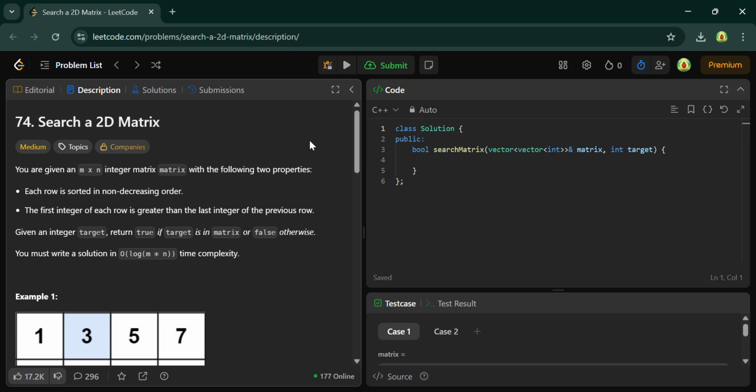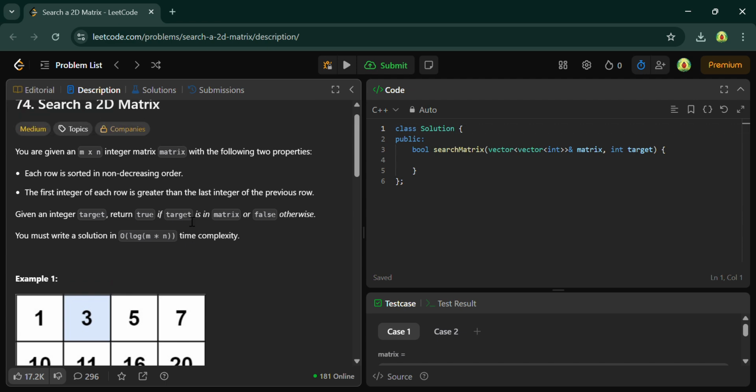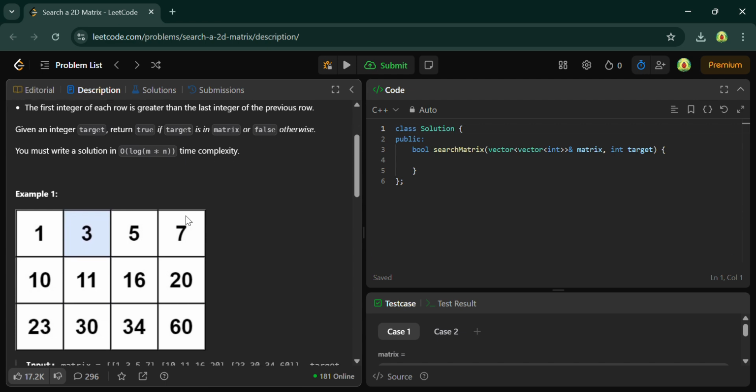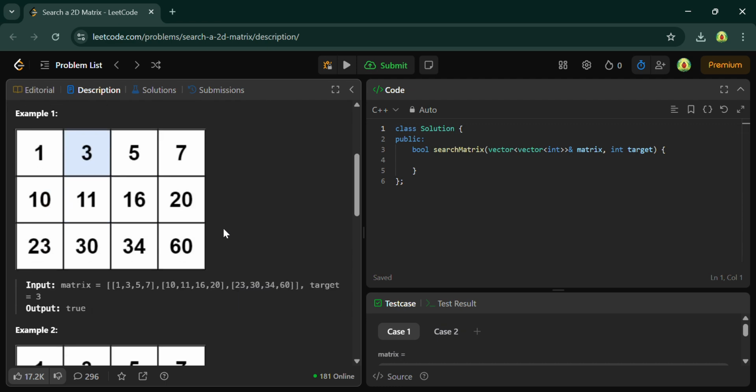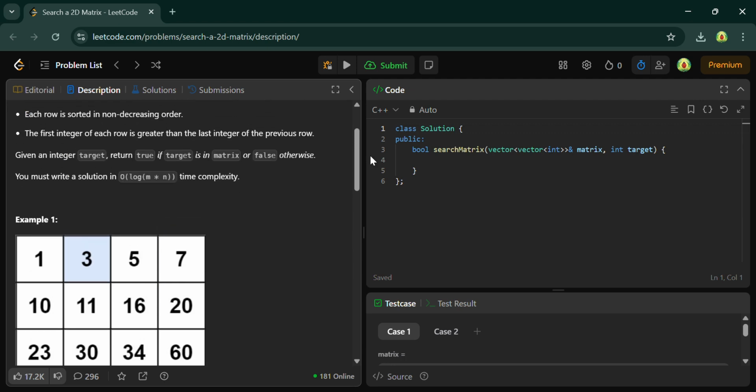Today we will solve one more question in LeetCode, which is LeetCode 74, Search a 2D Matrix. There is a given matrix and a target value. You just have to return true if the target value is present in the matrix, or return false if it is not present in the matrix. So this is the easiest